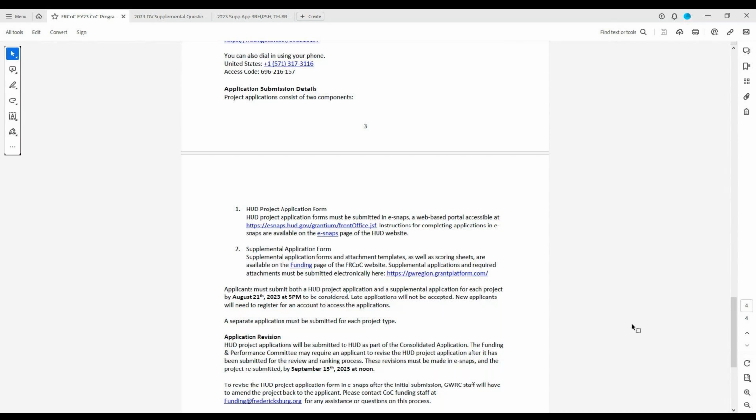in the HUD system. Funding and Performance is able to make some comments and give some suggestions on things that they would change about the HUD portion of your application to make it really strong, especially if it falls in tier 2, how to make it a strong project score. And so therefore, we can open those up for revisions after Funding and Performance reviews them. And any revisions that are suggested are due by September 13th. So you have a little bit of time to get things back together and make any revisions that are needed.